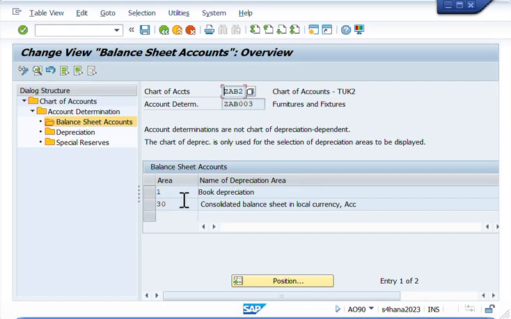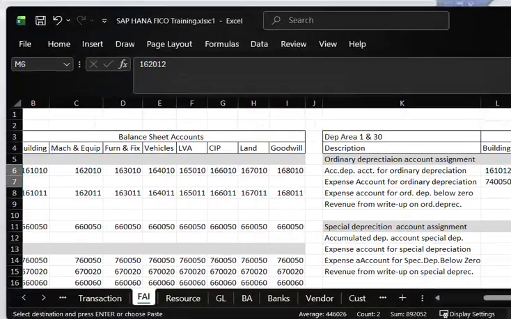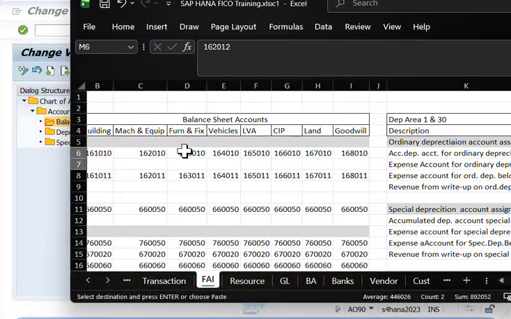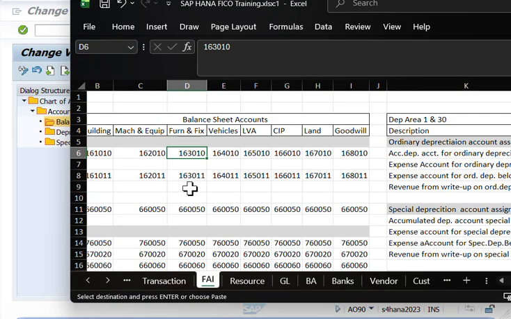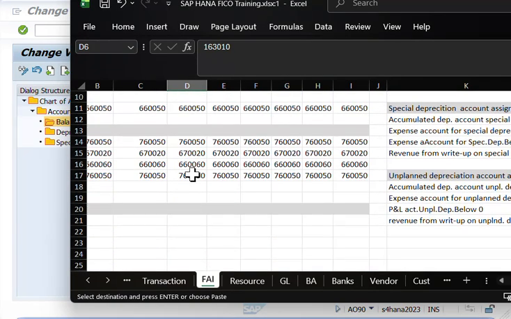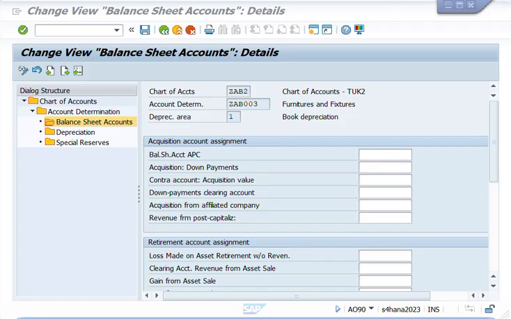And you have two choices here, and we will be filling out the same area 1 and 30. Double click the area 1. And again, furnitures and fixtures, so you need to go to your balance sheet GL accounts, and then highlight the GL accounts. Copy that and then paste it here